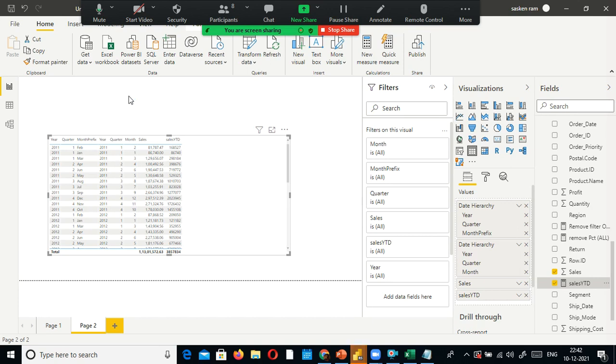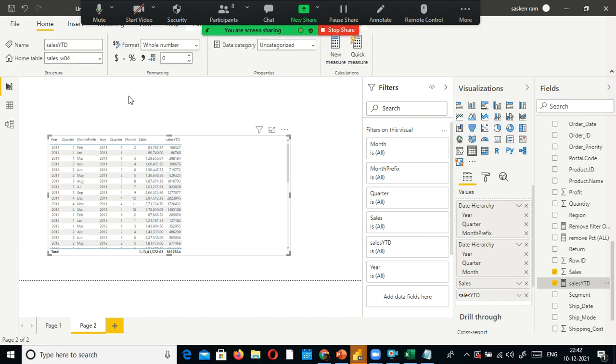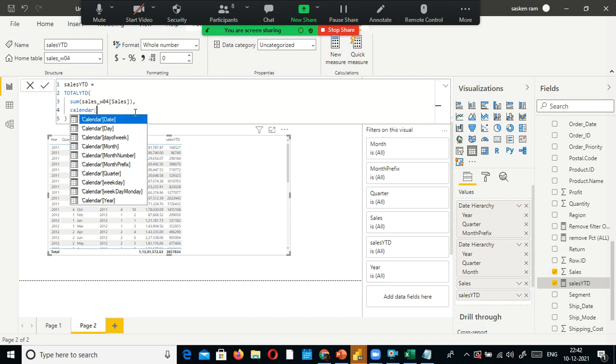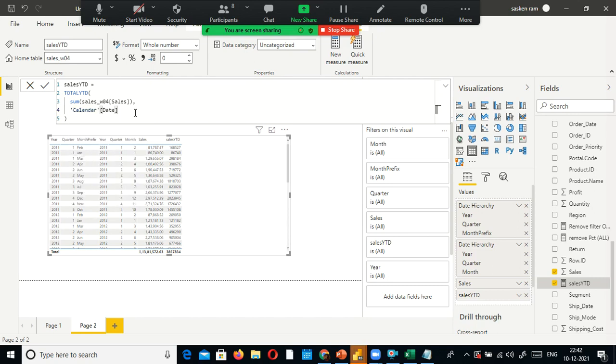Or else let me use dates year to date. Instead of this, we'll use that one. Actually it should give the date, calendar date. It is not coming up.